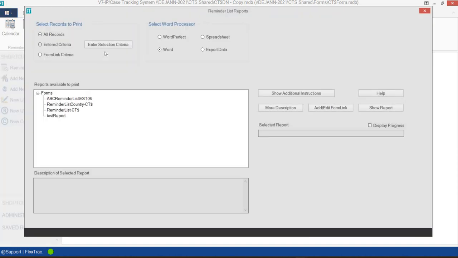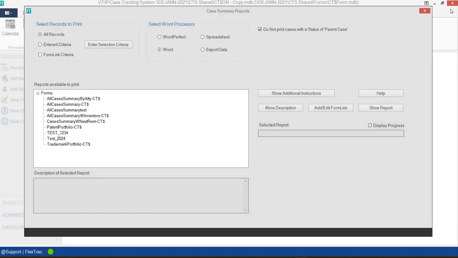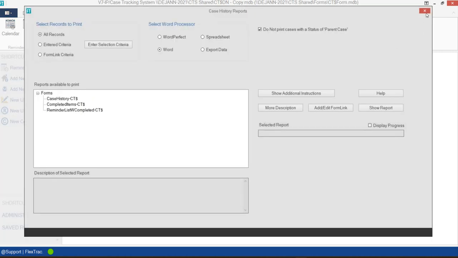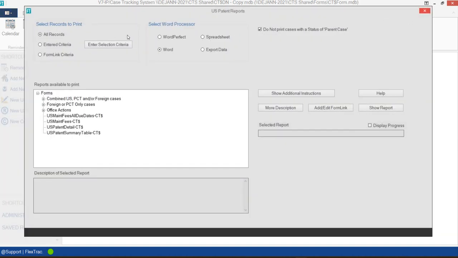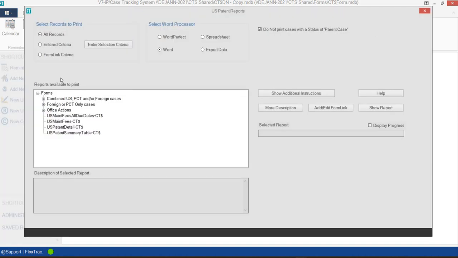If you click on list, you can actually create a reminder list report. You can also create a case summary, case history report. You can create a patent case. You can create a patent cases reports,